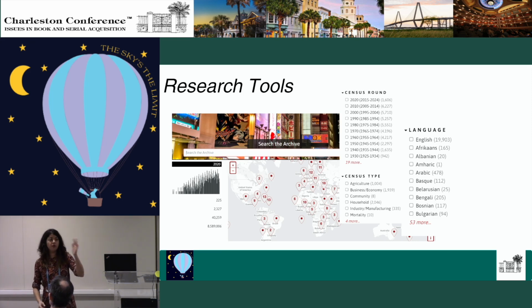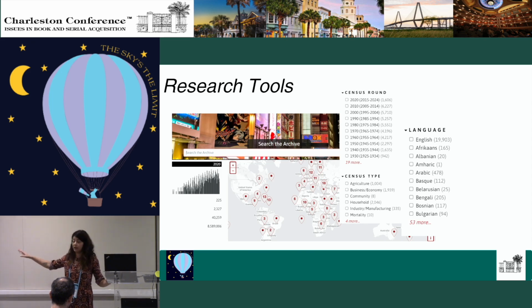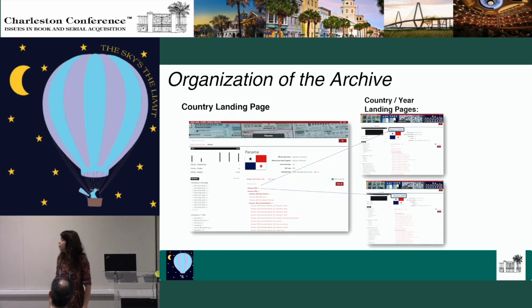Like I said, instead of going from one country's national statistics website to another country's national statistics website, looking for 2010 or 2000 or 2020, everything is cataloged this way. So you pick the census round, census type, and the language. And if you are fluent in a different language than English, you can use the vernacular of that country to find census publications. Students can use their software of choice to translate if need be. So this is a very functional tool.